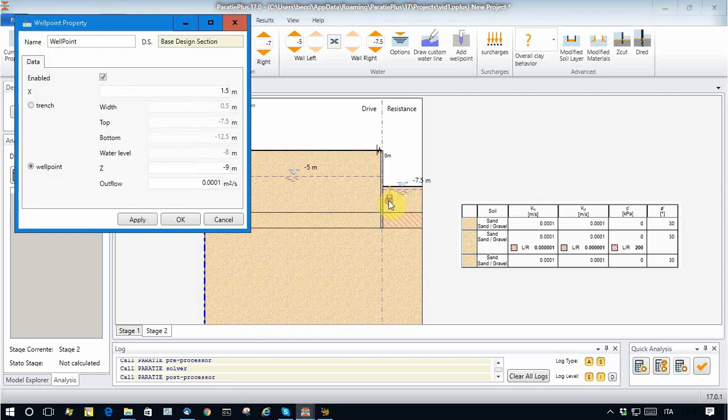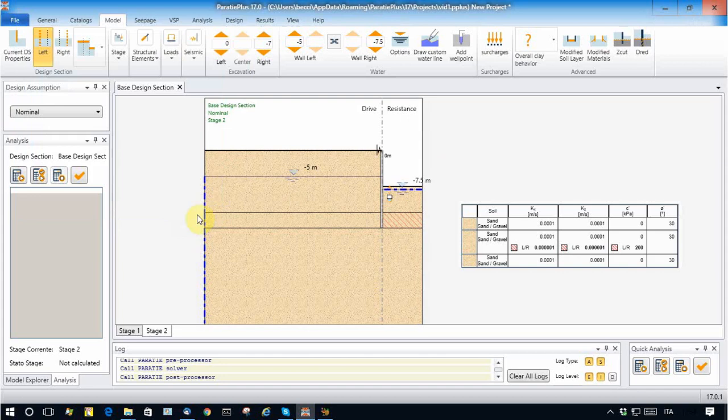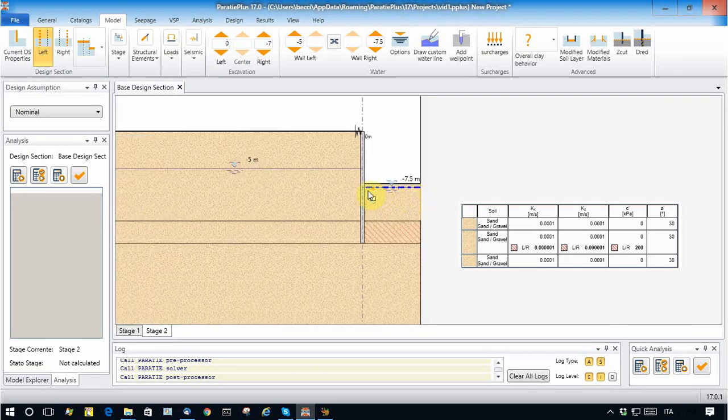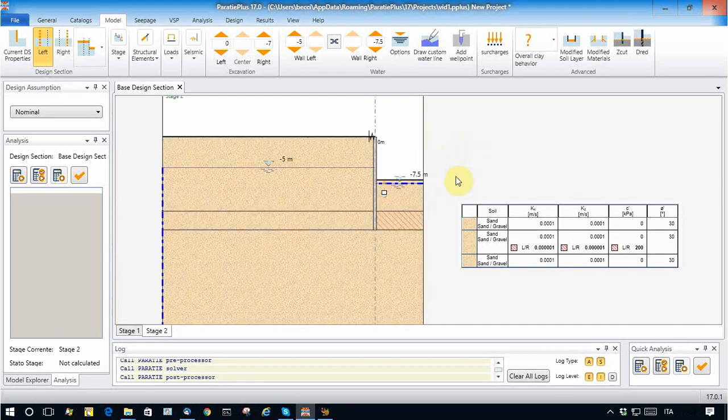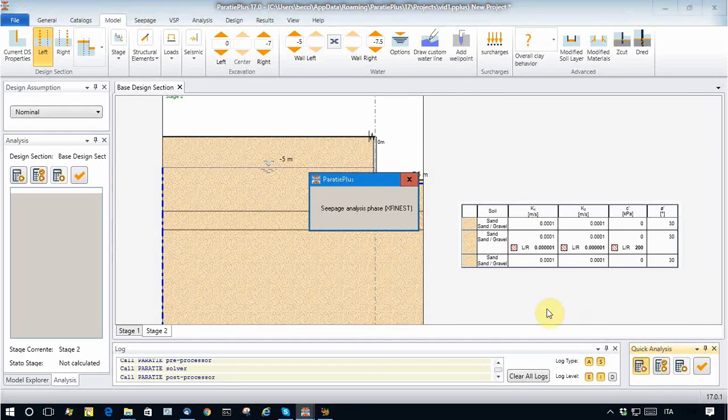So what we do now is, in this analysis, we disable this well point and we consider approximate condition of water removed along all the excavation surface, and we will see how much water will come in this case. So we run analysis,